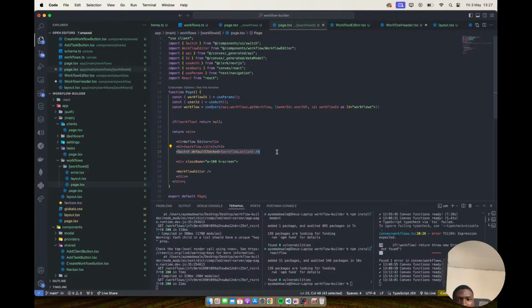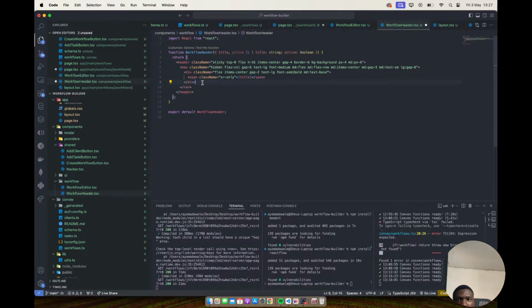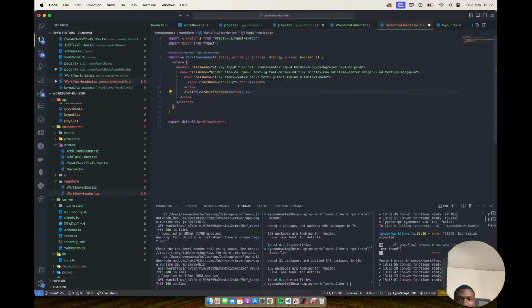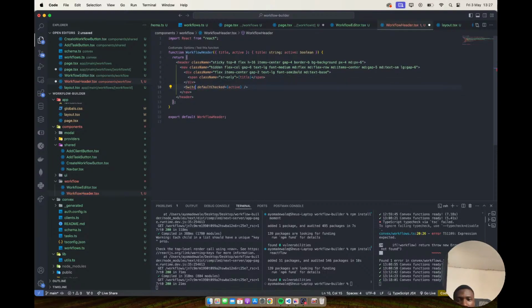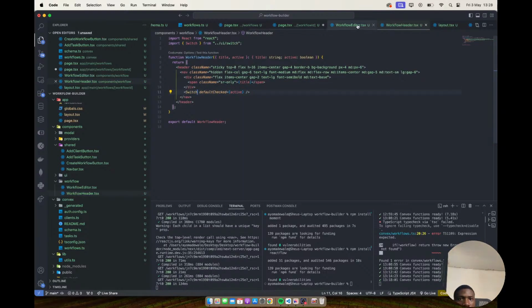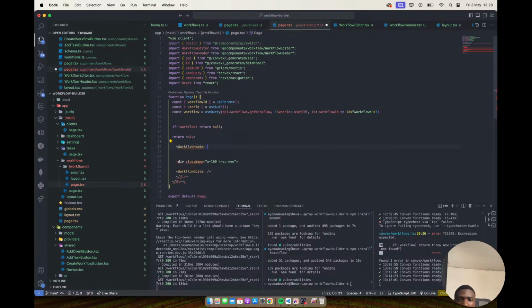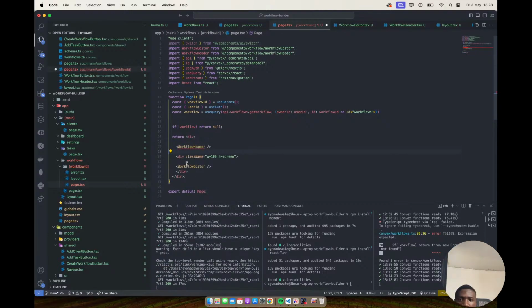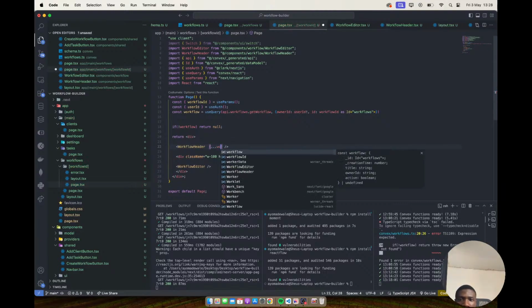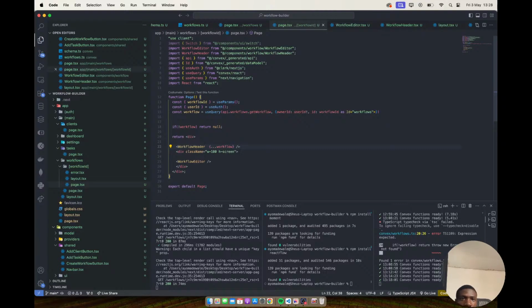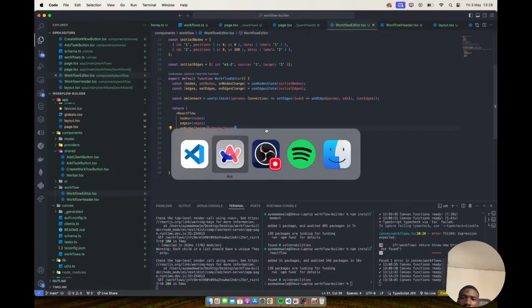For page, I'm gonna take this switch. I'm gonna put it in here as well. And the active switch comes in. Switch comes from here. And workflow header. So